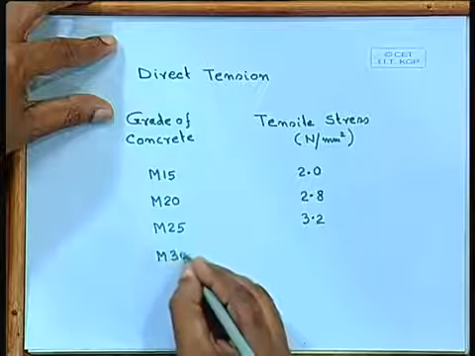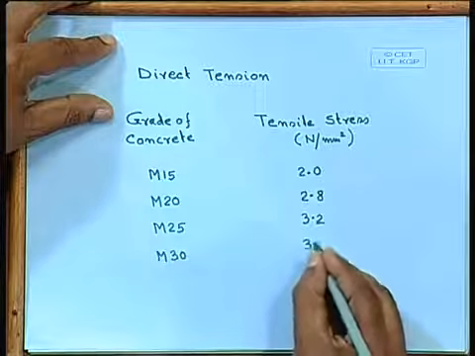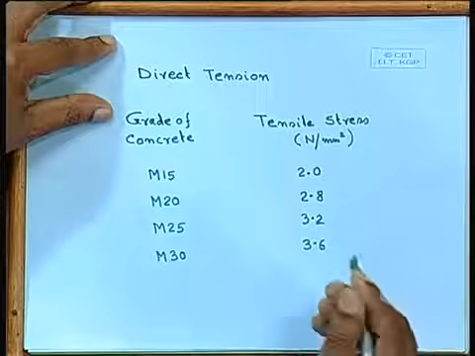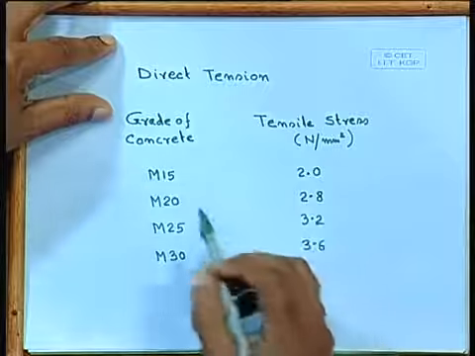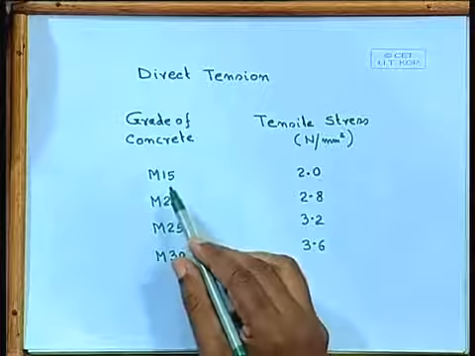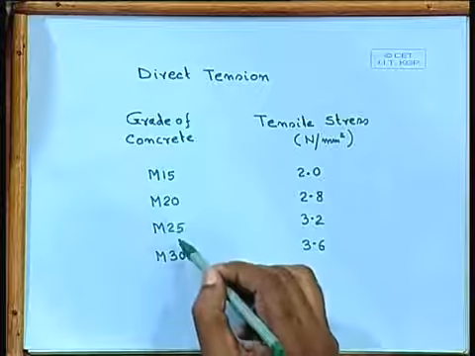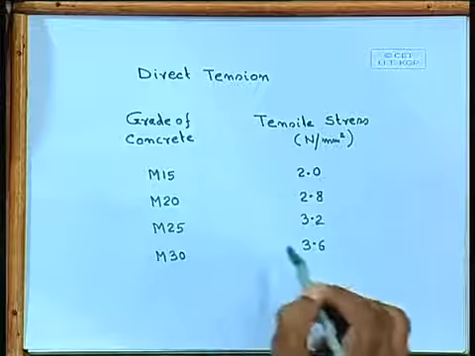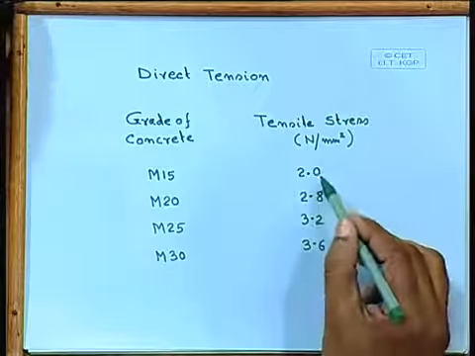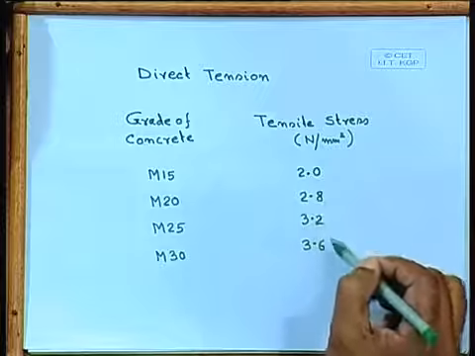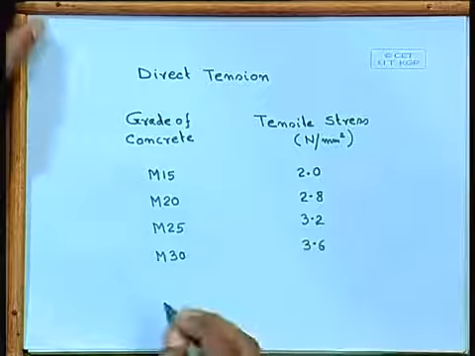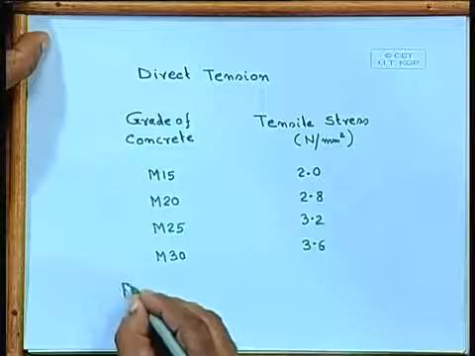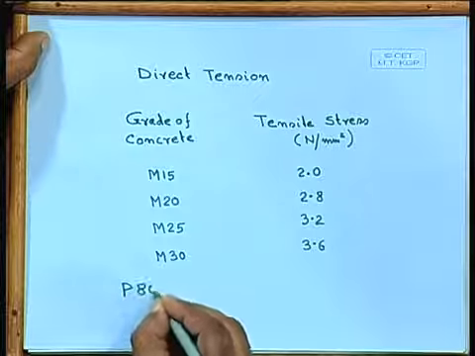M30, 3.6. There are many others, but we shall consider M15, M20, M25, M30. Generally, we consider RCC of M20 and M25. So, our tensile stresses are 2, 2.8, 3.2, 3.6, and this is from page 80,